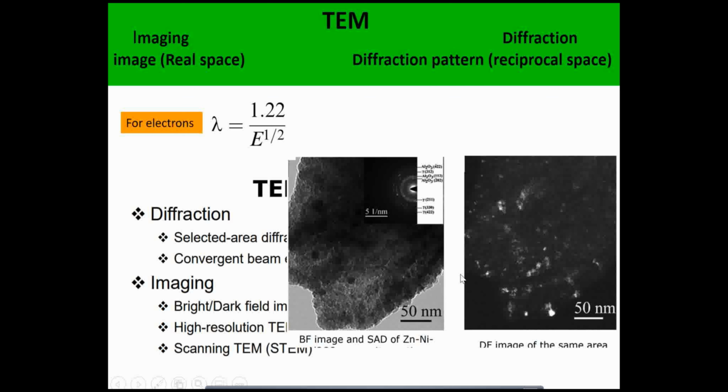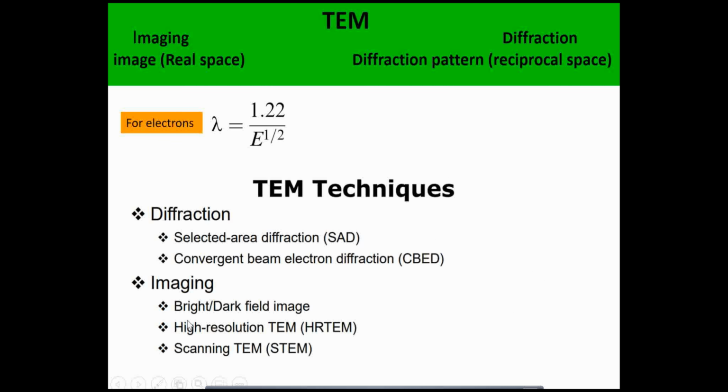This is basically the phenomena we have discussed, generating the image. We'll discuss it in the next slide. This TEM image is already quite resolved. Then why do we have high resolution TEM? High resolution TEM, or HRTEM, is nothing but a phase resolved image, a phase contrast image. You see, this is HRTEM.